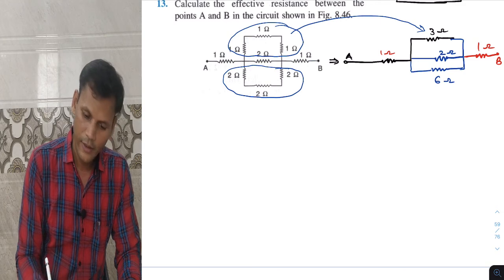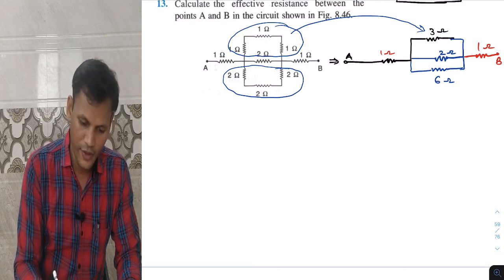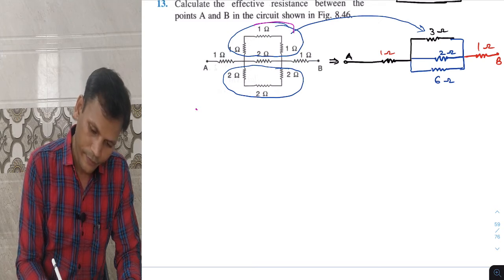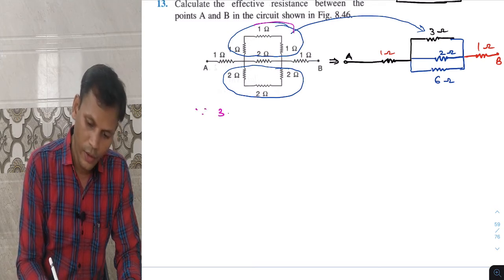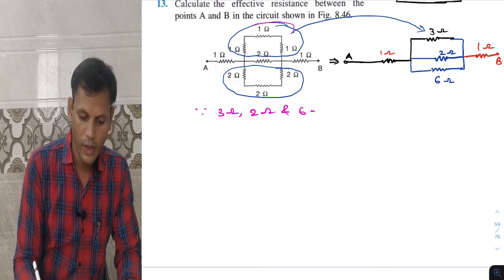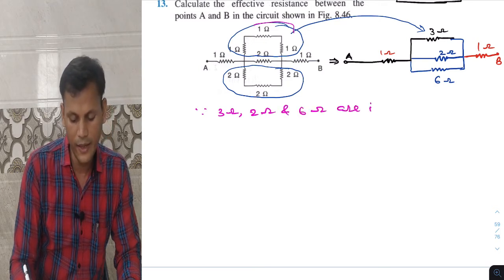I think everybody has understood this part at least. Since 3 ohm, 2 ohm and 6 ohm are in parallel